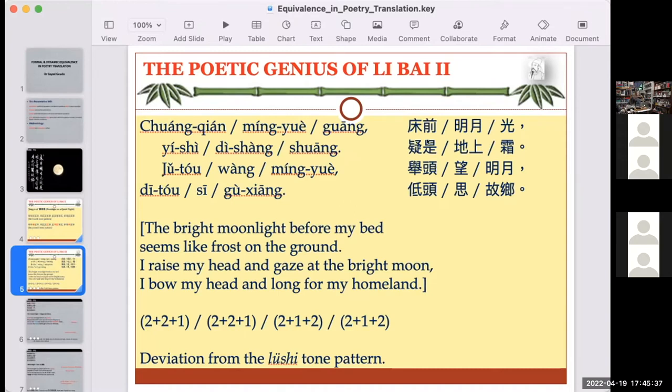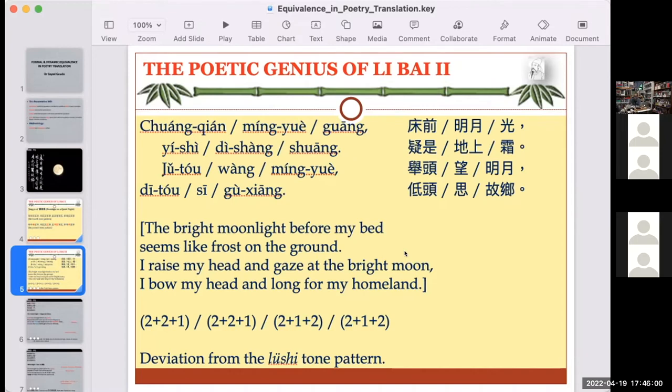So I would divide these lines this way, because in the Tang Dynasty, the Wu Yanshi, the 5-character or pentasyllabic poetry, is divided 2-2-1,